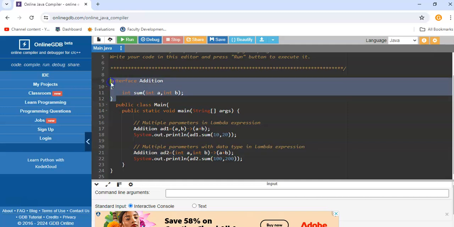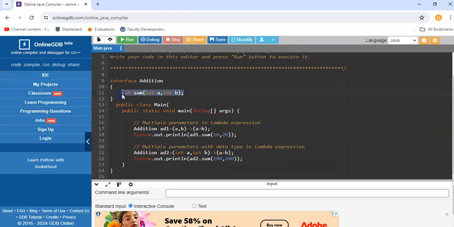Usually in case of interfaces, how do we implement this method? We have to create a full class, another class that implements this interface called addition, and within that class you have to provide the definition for the abstract method that is defined within the interface, right? So in case of implementation with the lambda expression, we have no need to create a full class for implementing this method alone. Instead, we can provide the inline implementation of the method.